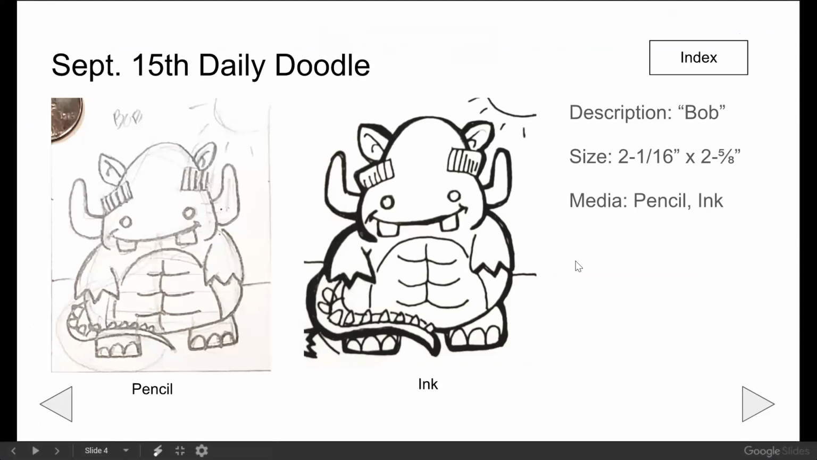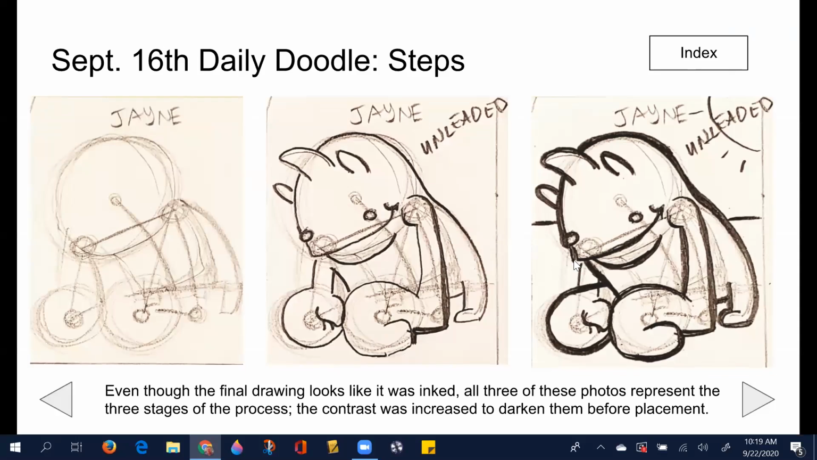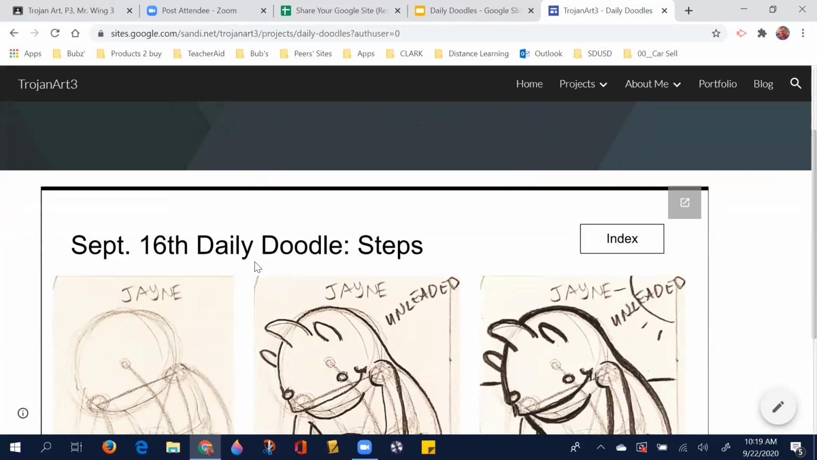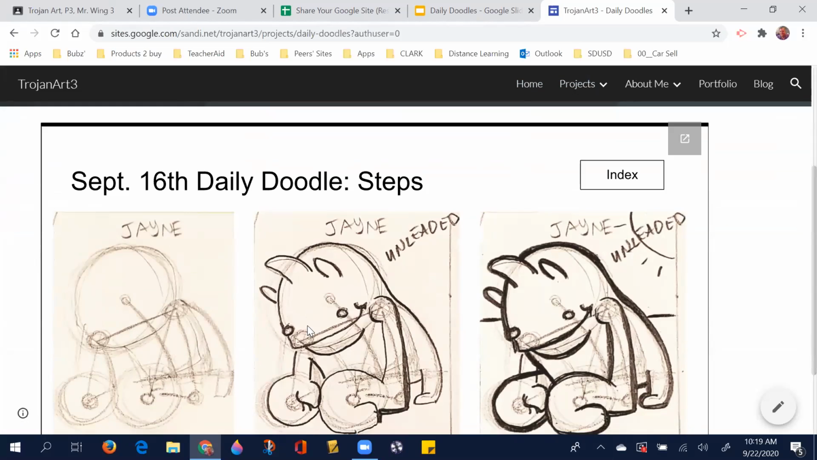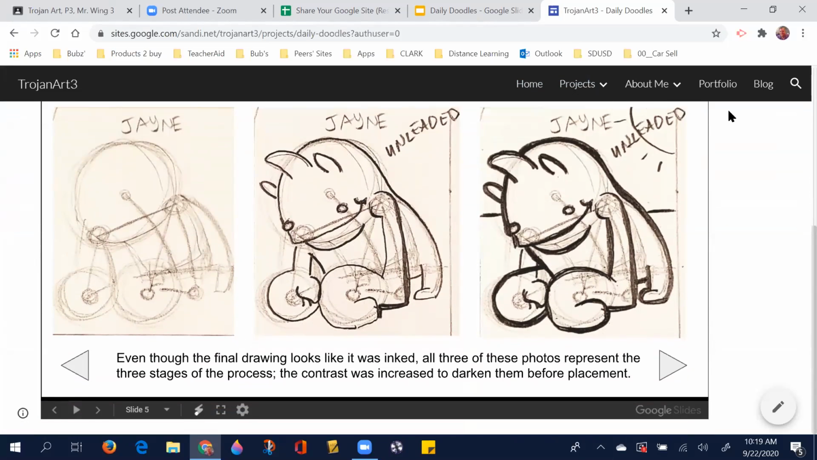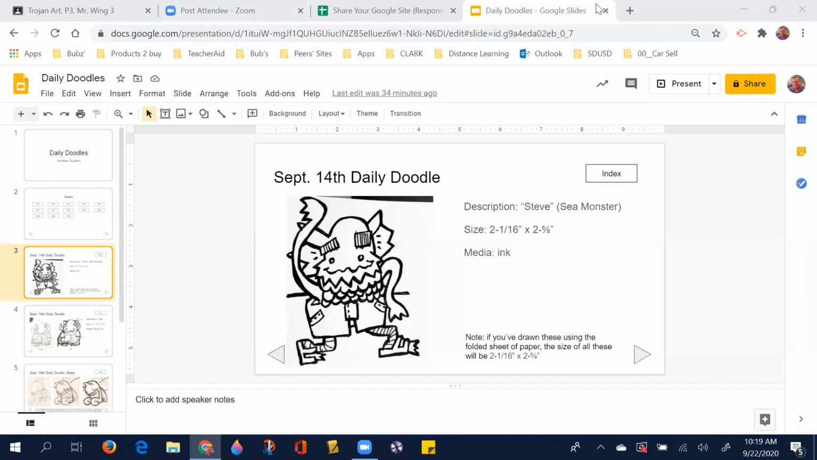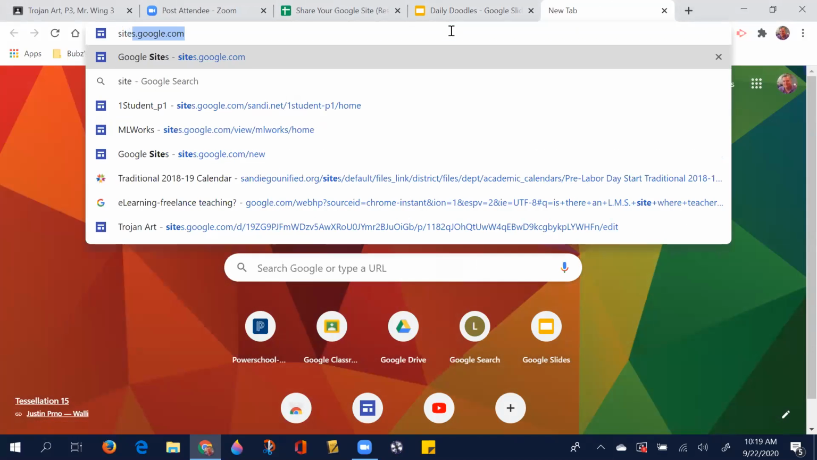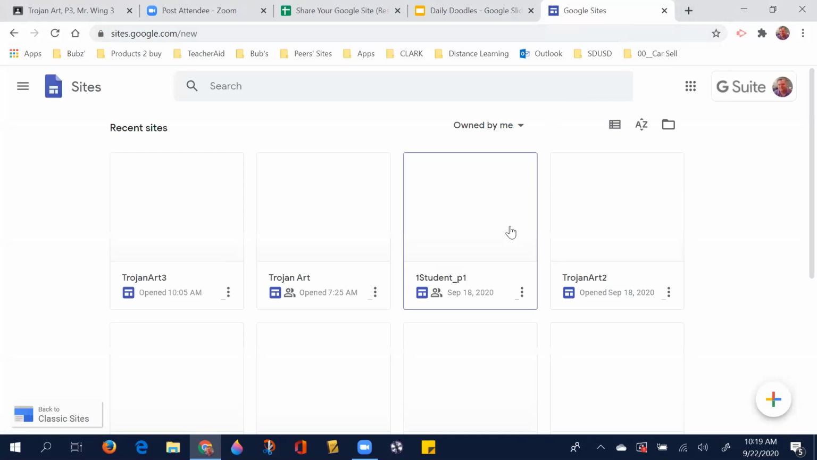So here's the cool thing about all this, as far as I'm concerned. All I have to do every day is check in on your website to see if you're keeping up on the drawings. But one other thing I want you to do, every time that you update your website on a daily basis,